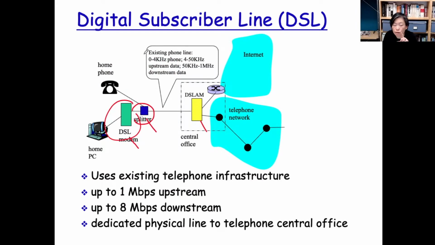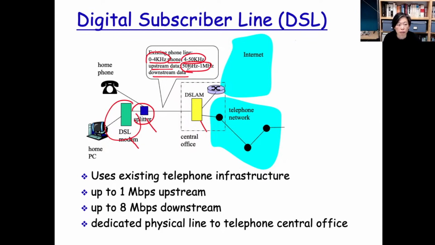That is achieved by splitting the frequencies of the EM carriers. How we send data, in analog or digital form, is that we modulate these signals onto the EM wave carriers. So we modulate the analog voice to this frequency band of the carriers, upstream data to this frequency band, and downstream data to this frequency band. They are mutually exclusive, therefore they won't interfere with each other.